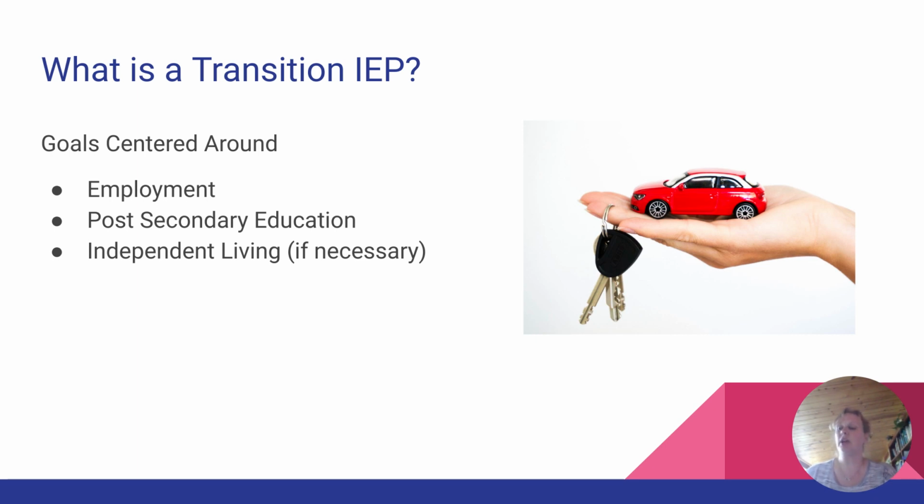In addition to creating goals around life after high school, the student, if not already, becomes more of a vital part of the team. Starting in the 9th grade, students must be invited to their IEP meetings. Employment goals will be explored, and they will look to see if the student will work in a paid position. Will they be unpaid? Will they enroll in the military? Will they work a traditional career? Will they need supported or sheltered employment?